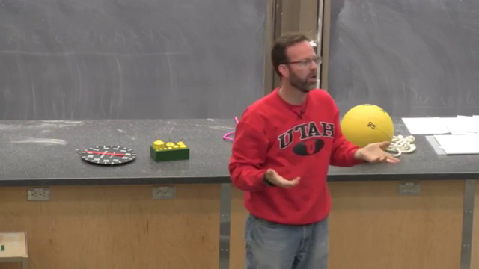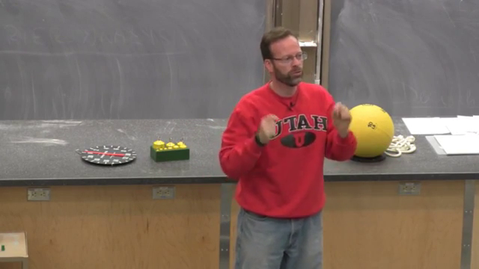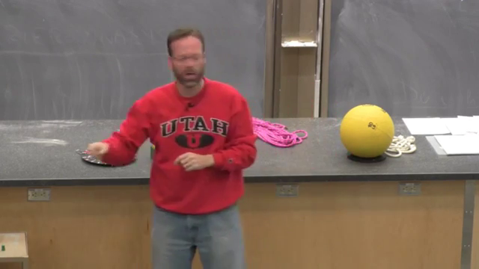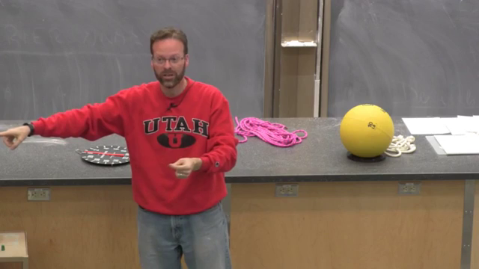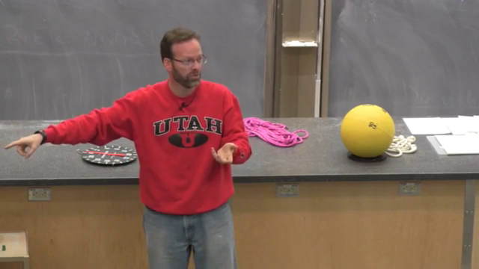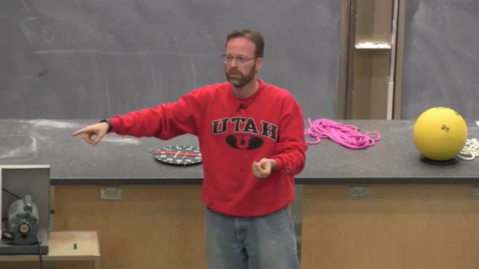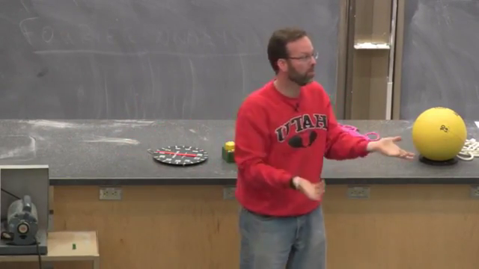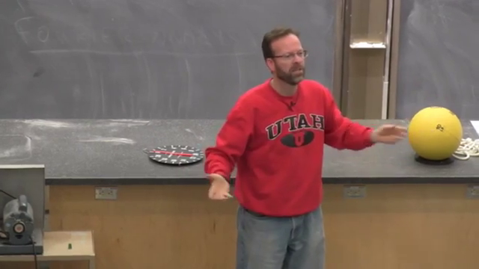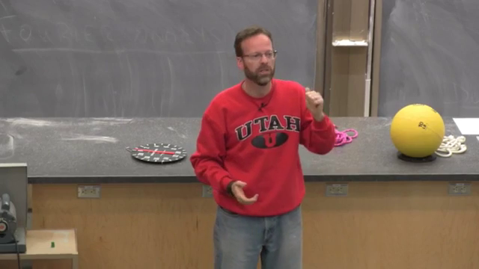You know that they both fall at 9.8 meters per second every second. In order to do that, the Earth must pull on the ball with more mass because it has more inertia. It wants to resist its change in motion more, so it has to pull on it with more force. The force of gravity on the big ball is more. It weighs more. It's heavier. But they accelerate at the exact same rate. So the answer was D.